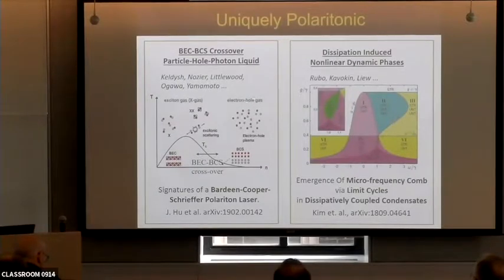One thing is this BCS crossover that dates back more than half a century ago, where we have an analogy of the BCS state. But for the polariton system, instead of two particles pairing into a Cooper pair, we can have particle-hole pairing plus a photon in the mix. Also, polaritons have both strong nonlinearity and basically intrinsic built-in dissipation that you can't get away with. But that also leads to some phenomena that are quite unique to such a system.